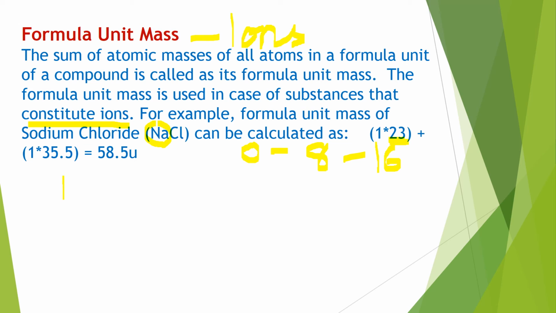Okay. So NaCl. It is 23 plus, now again chlorine. Chlorine is 17, but when you are adding, you are getting 34. But the atomic mass is 35. Now why is it coming like that? Because only in this atomic mass is it stable. Stability is related to this atomic mass. So you are getting 58.5 atomic mass units. These two are in the ionic form. That is why it is known as formula unit mass.